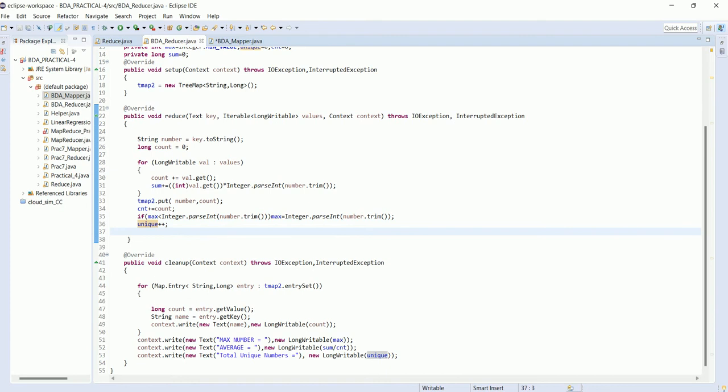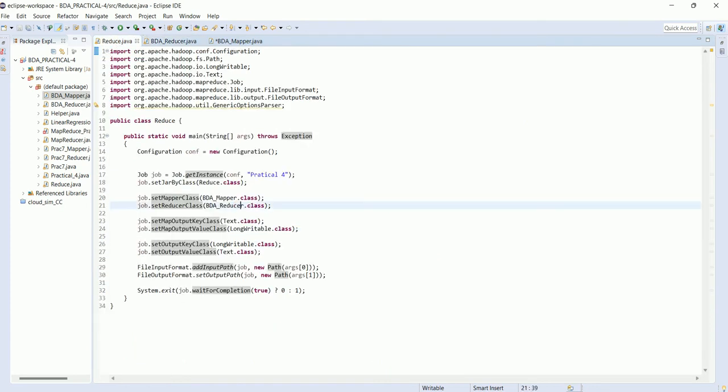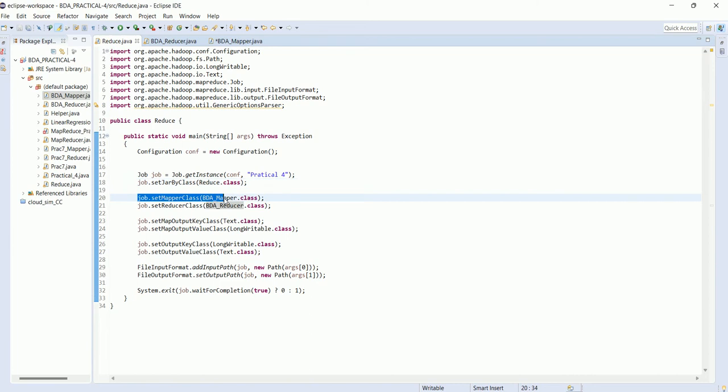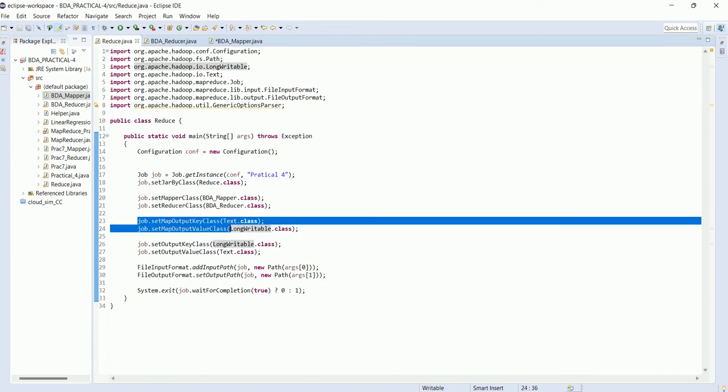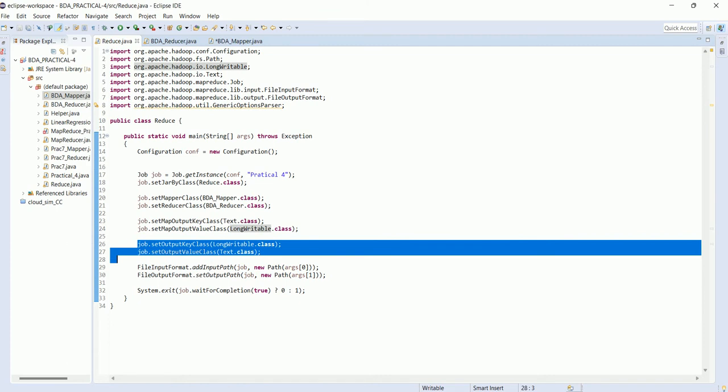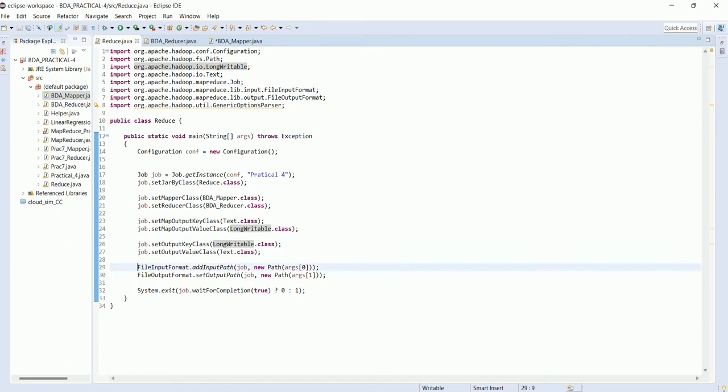Then lastly, the reduce. Here you can understand we are firstly creating the configuration class, and we are creating the job which is the reduce class. Then we are setting up the mapper and reducer class, then the mapper output value and the reducer output value, and after that the file.